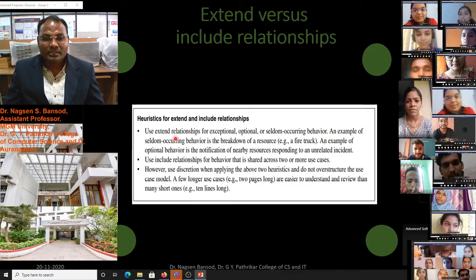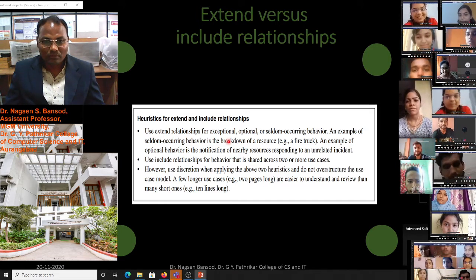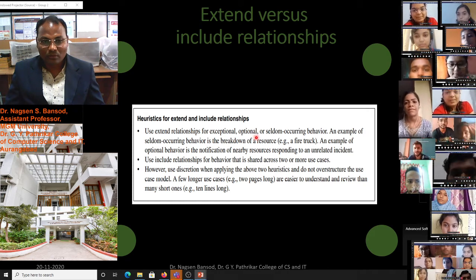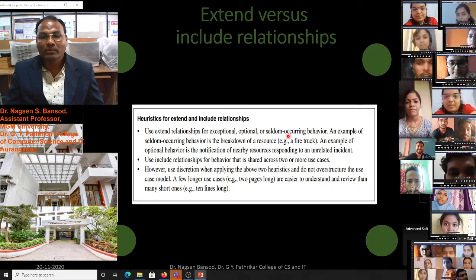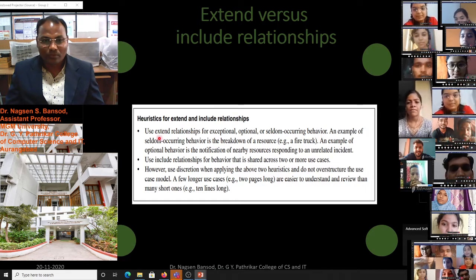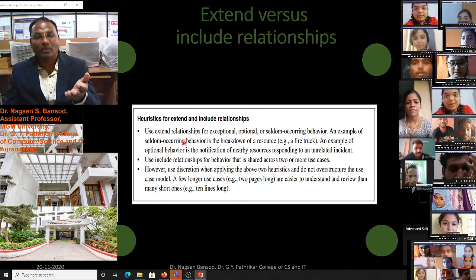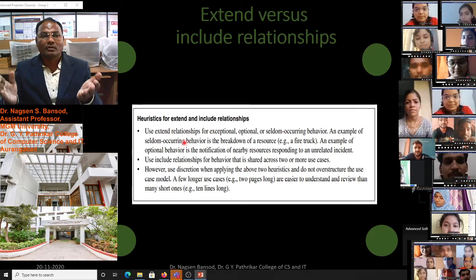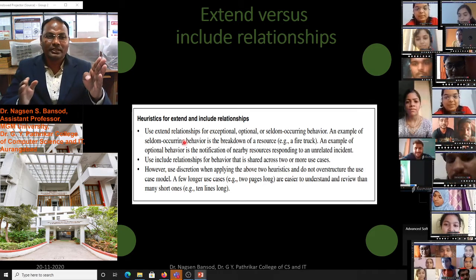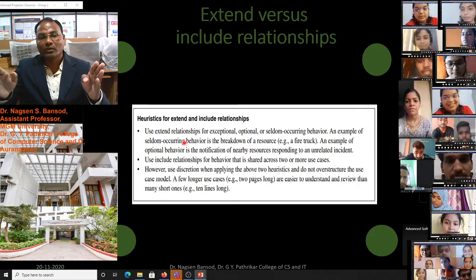Use extend relationship for exceptional, optional, or seldom occurring behavior. Extend relationship means it is exceptional or optional. If this way is not ready to go for us, we can have another way.